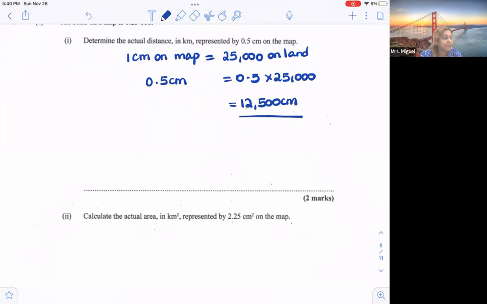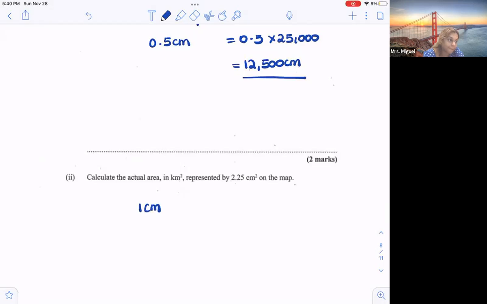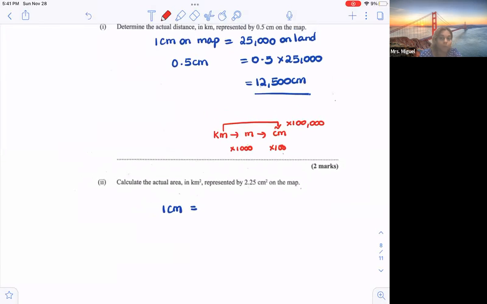So therefore, 1 centimeter will represent, all right, so here's what we have, right? We have to work out how many kilometers to meters to cm. So we multiply by 1,000 and here we multiply by 100. So to go from kilo to centi, we multiply by 100,000. Right? So 1 centimeter will represent